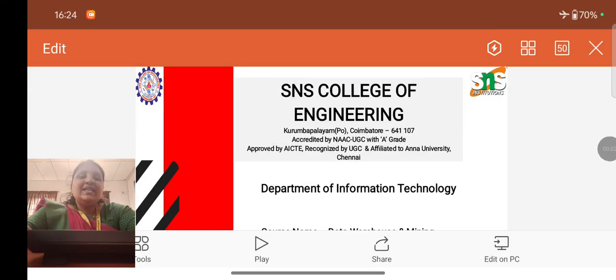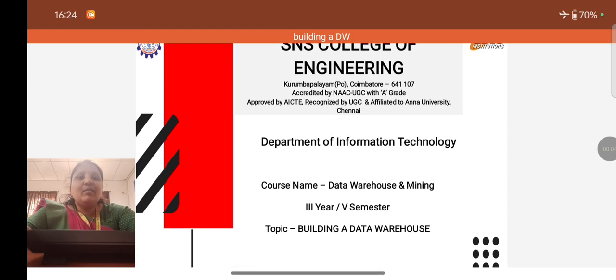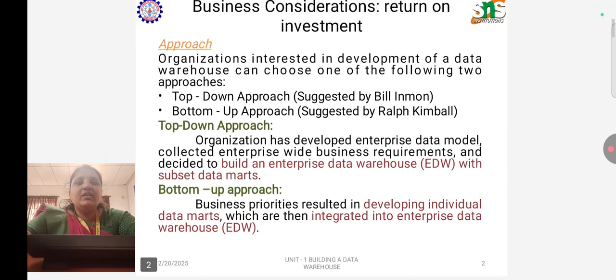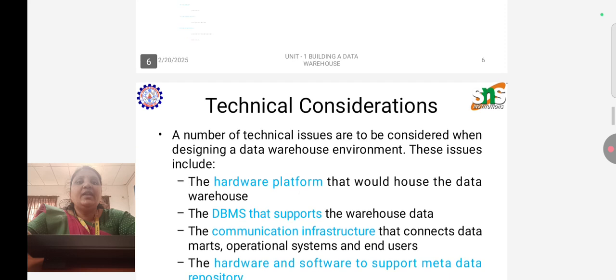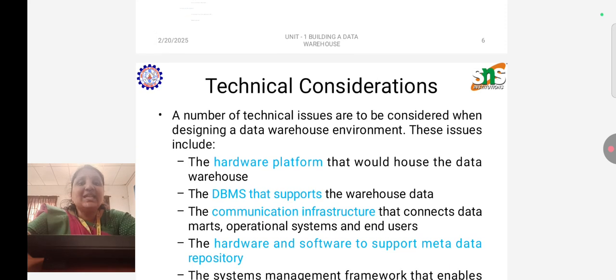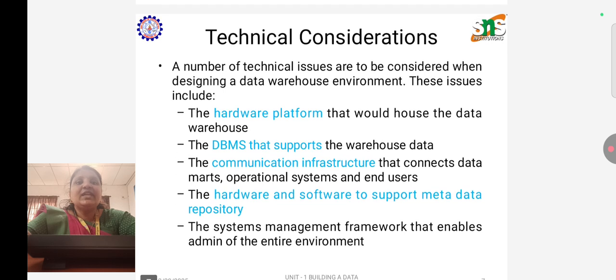Good morning, all. In the last session, we saw about building a data warehouse, and we have seen the approaches and the design considerations, right? Now, we are going to see about the technical consideration part. Technical consideration, in the sense, a number of technical issues are to be considered when designing a data warehouse